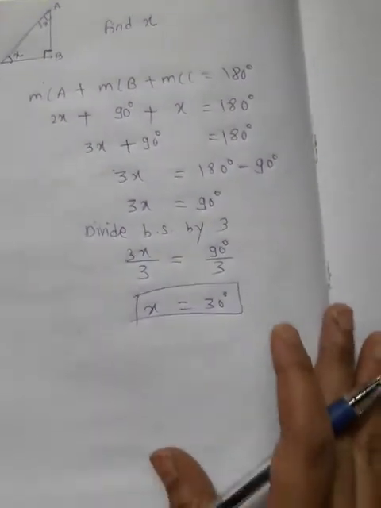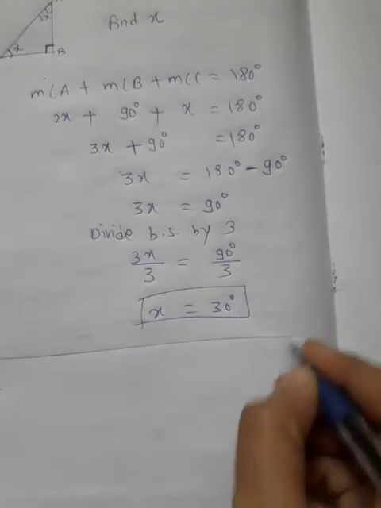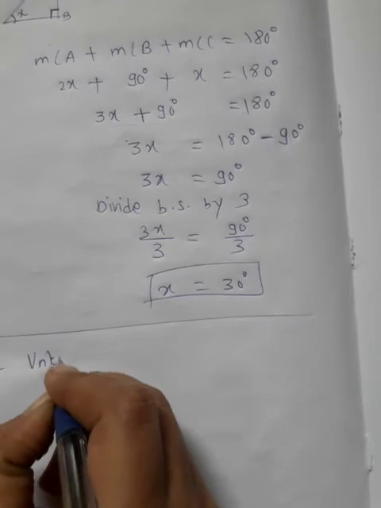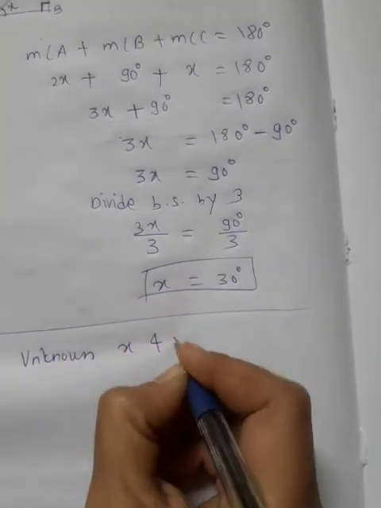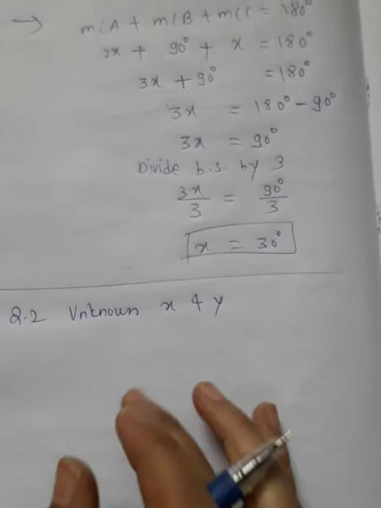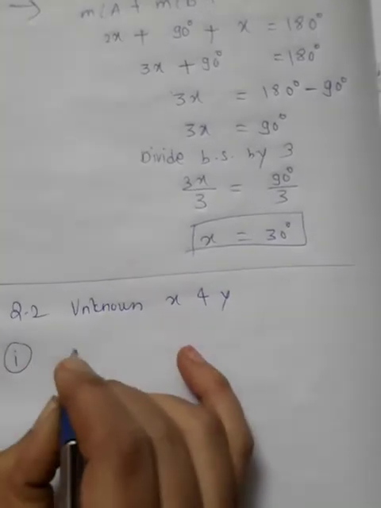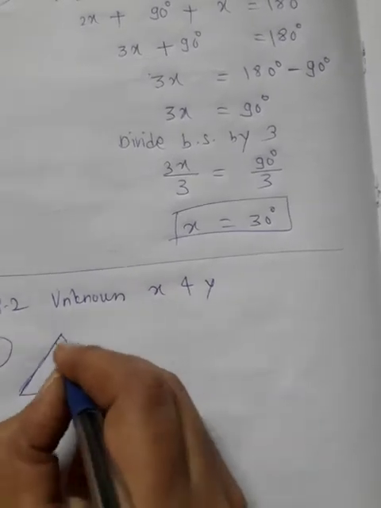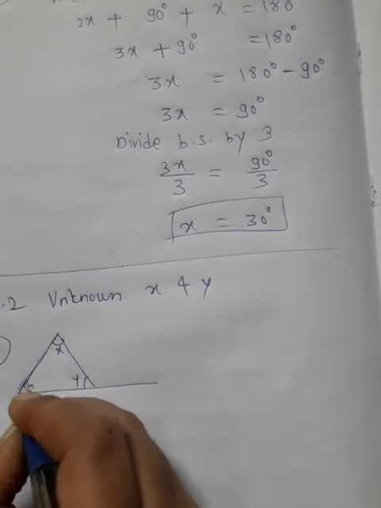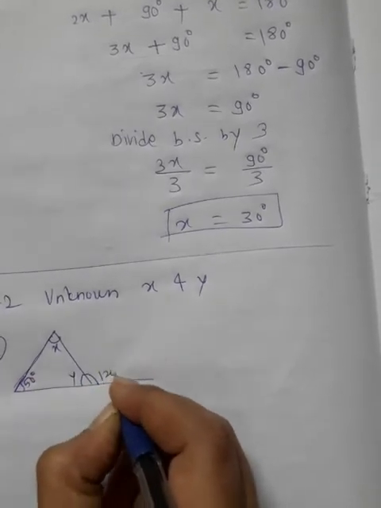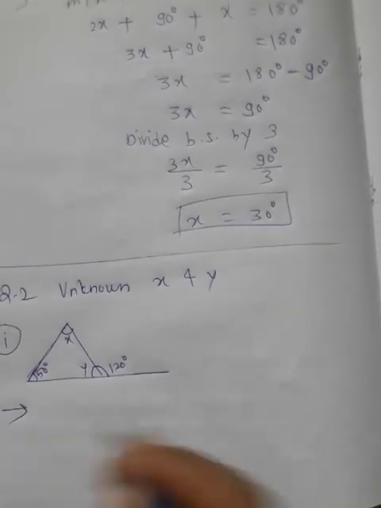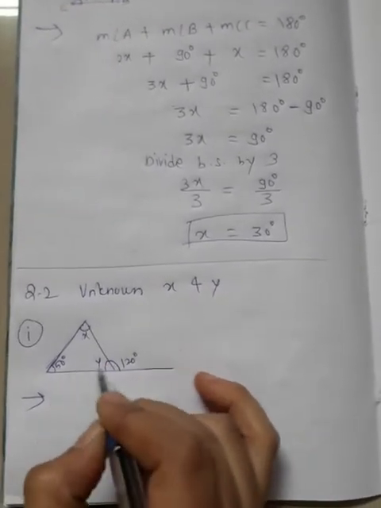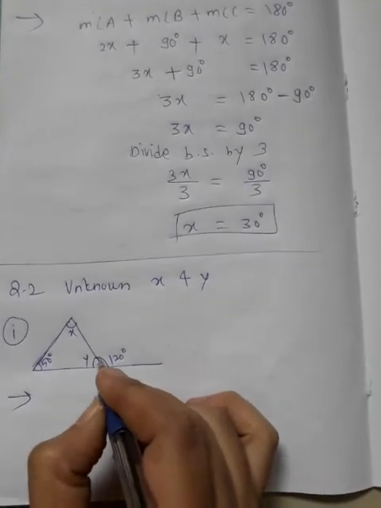Okay, now see question number 2. In question number 2, there is a question: find unknown angles x and y. So in that question we are given two unknown angles. Let us solve the first example. This is x, this is y, 50 degrees, and this is 120 degrees. Here we have to use two properties. We can use the sum of the measures of three angles is 180, and one more property,